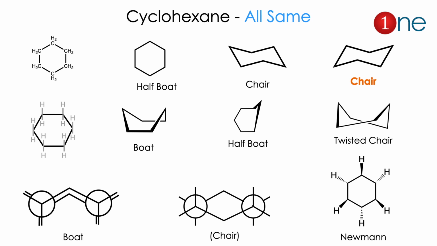Here I have shown the cyclohexane. There are many representations of it. At least here I have given 11 representations of cyclohexane. You start from the skeletal form to twist boat, chair, half chair, and its Newman projection, its staggered form, its eclipsed form, and its Fischer projection. There are many, but we will stick with the chair conformation because it is the most stable one.